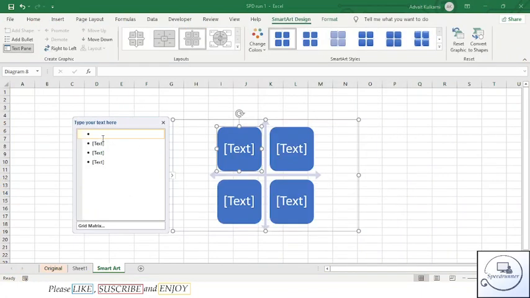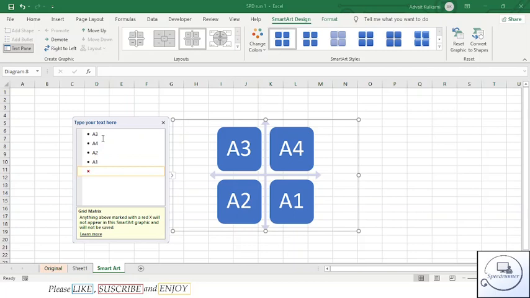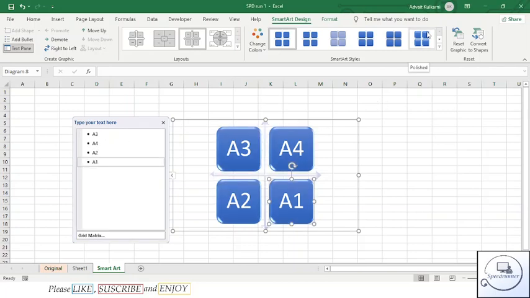Under the matrix here we add the area names: area 3, area 4, area 2, and area 1. In this way you can show the 4 different areas, and you can also change the color, shape, and style. This is the use of matrix.